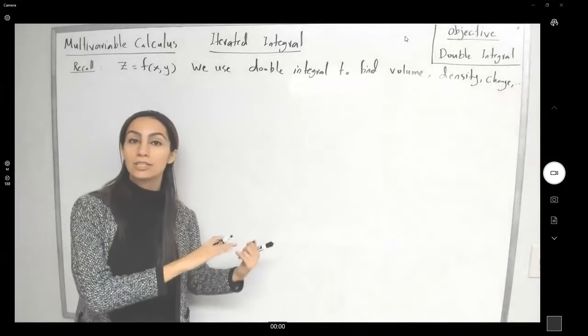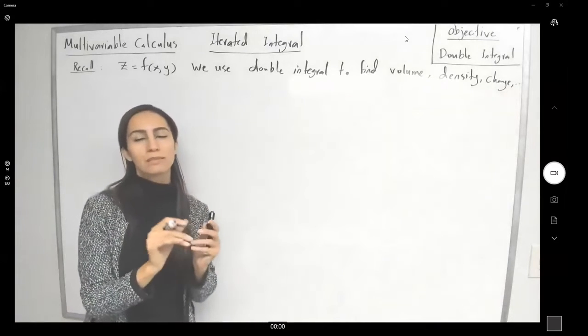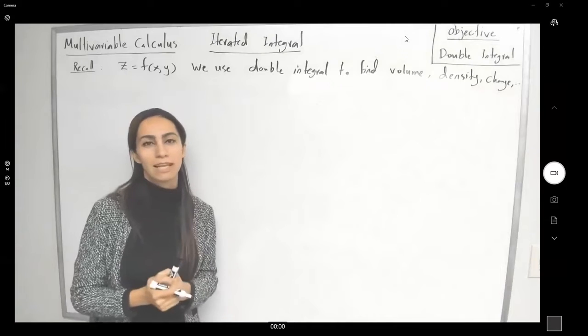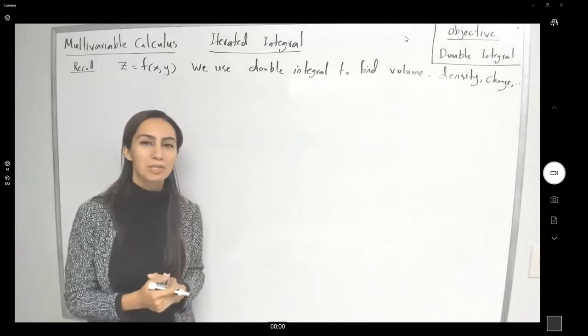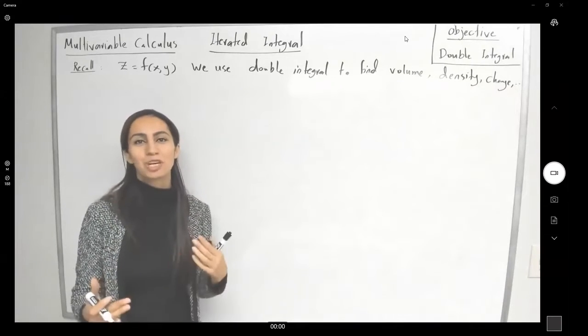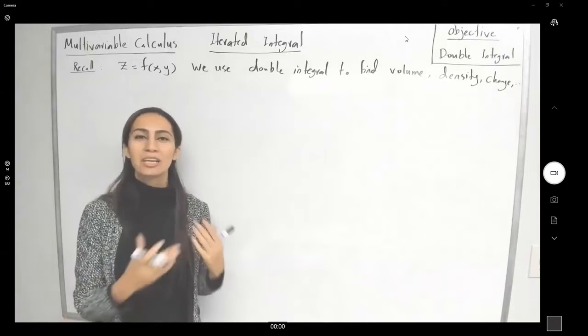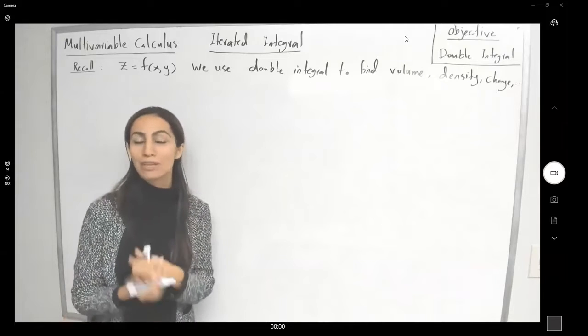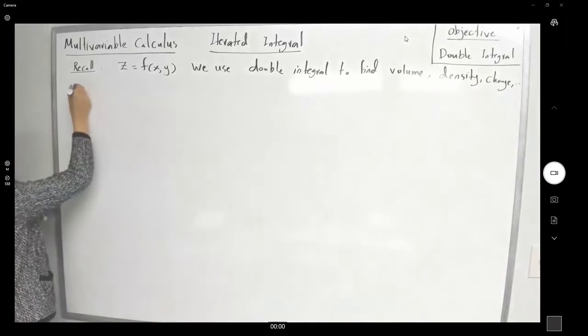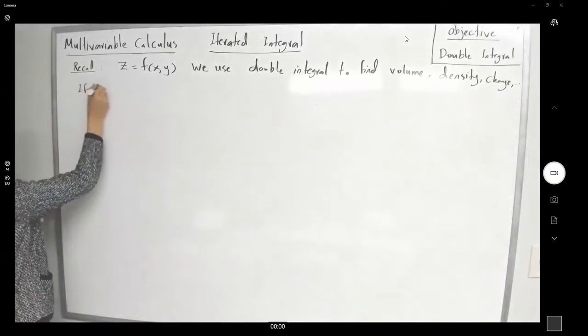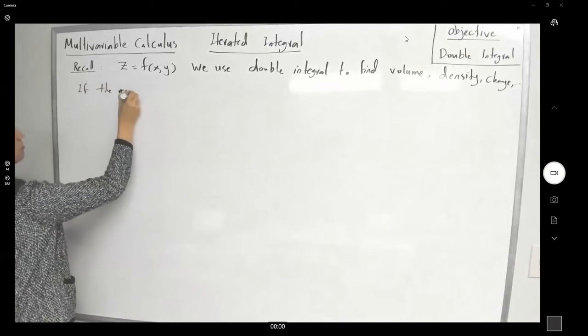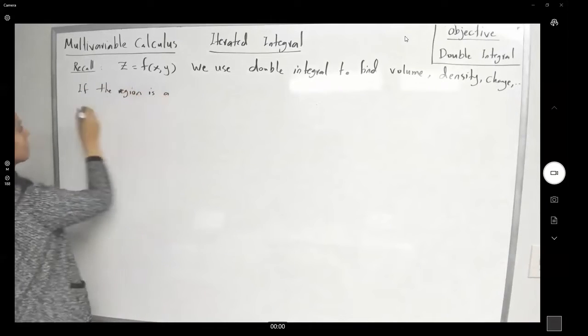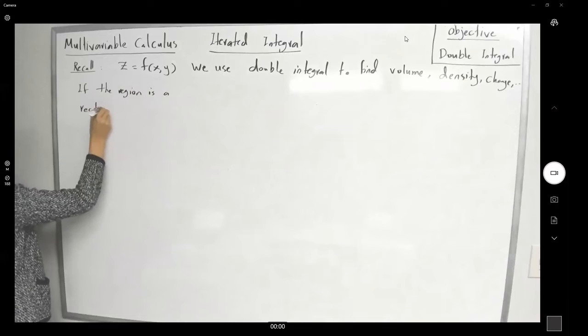Well, we said that when it comes to double integral, if the region that we are taking the integral over is a nice region, what do we mean by that? A rectangular region, then we can just take the integral and change the order of integration. So if the region is a rectangular region,